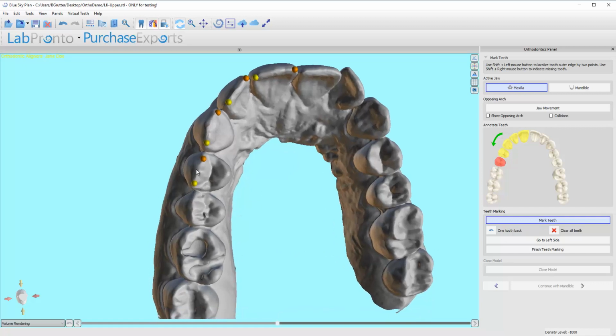If you are unable to mark the teeth, make sure that this little button is blue. It should by default be blue, but if I turn it off, I can't mark nodes. I can't add any more points. Turn it back on, and I can resume marking points. Here and here, here and here,